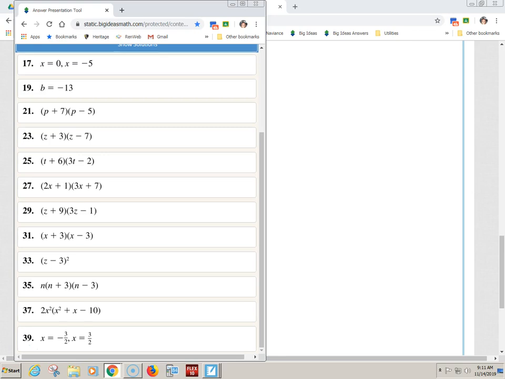Anyway, coming on back. So we have the 7.5, easy with the ones in front, 7.6, where you have numbers in front, 7.7, where you get the special squares or the difference of squares, guys. And then 7.8 is the,